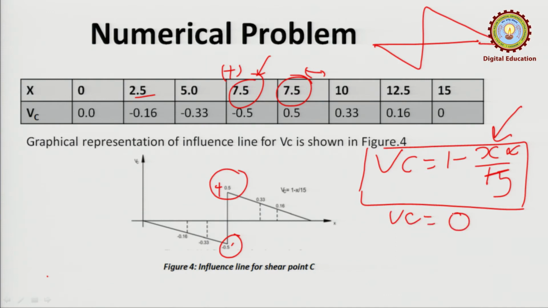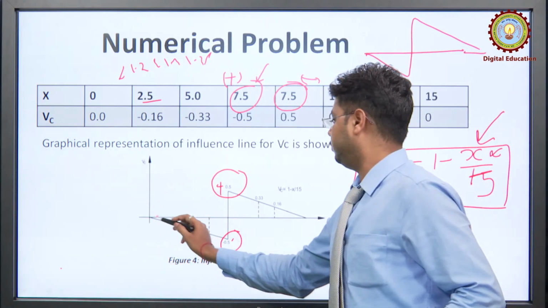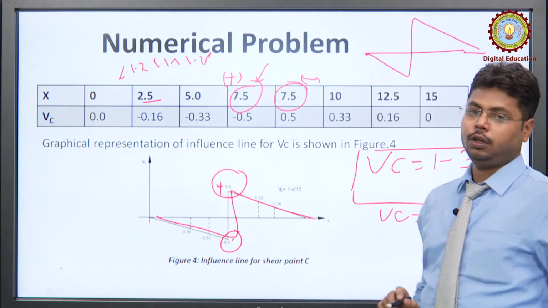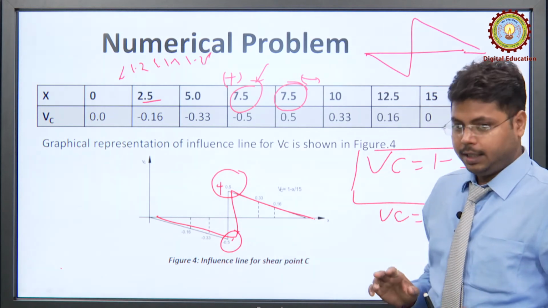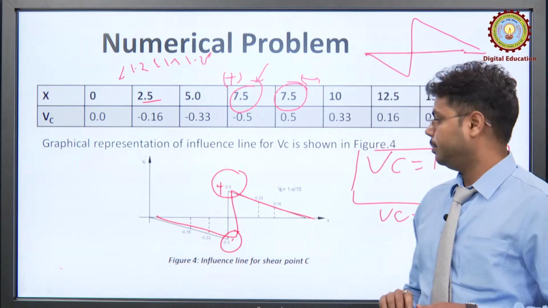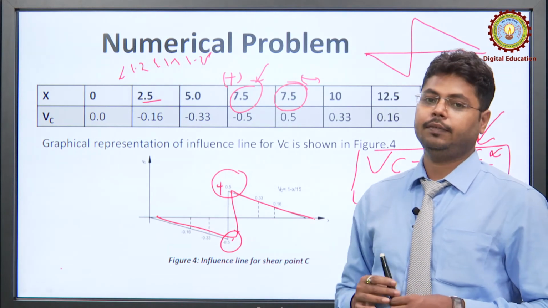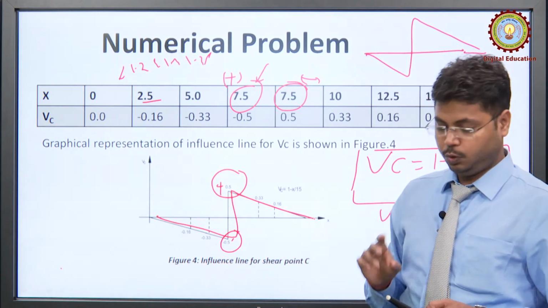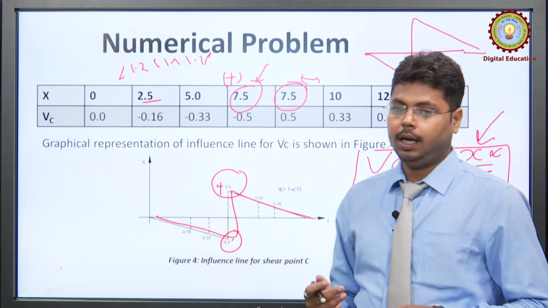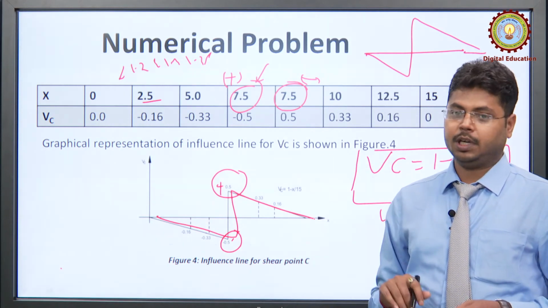Just put the value at x equal to 0, we will get Vc is equal to 0. You can also put values of 1.25, 1.3, 1.35, something like that. You can put many values, but the result will come linear. Because of that reason, we have to avoid that in some cases, because we don't have that time in the examination. We have something to do which is more acceptable and not too much time consuming.